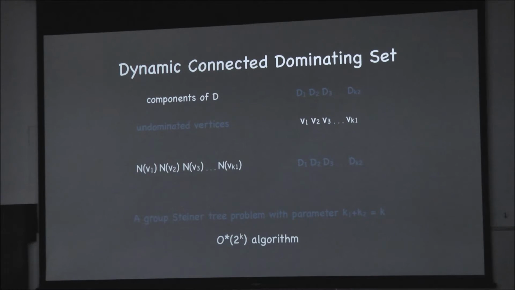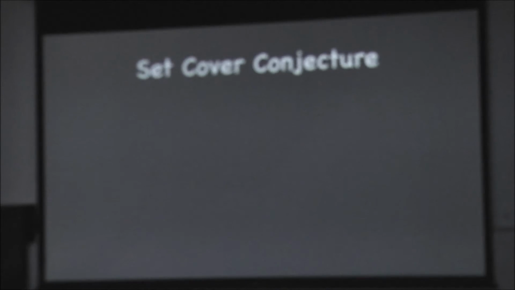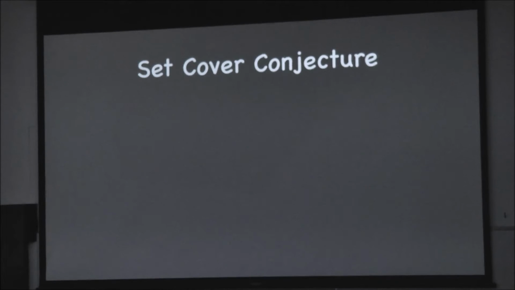Okay, so both these problems have 2^k algorithms in the dynamic framework, where k is the edit parameter. Now, can such simple algorithms also be tight? We saw several examples where simple algorithms can be really the best that we can achieve under certain reasonable assumptions. So we'll make similar kinds of statements for these two algorithms also. That's the next part of the talk.